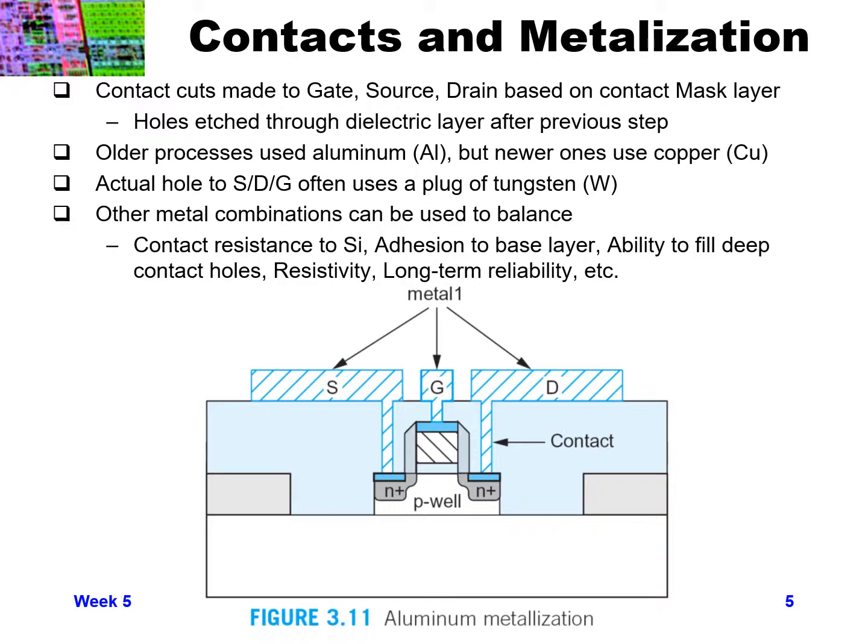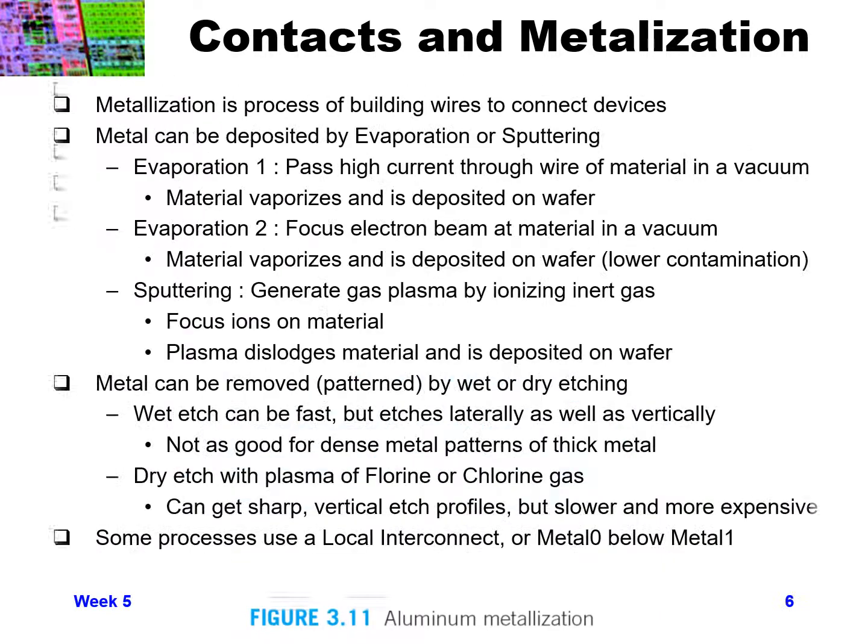And I'll go into a little bit more on the contacts and metallization in the next slide. So after your transistors are formed, pretty much all of your remaining steps are related to contacts and metallization. And metallization is the process of building all the wires needed to connect your devices together. Now, building the wires, the metal itself can be deposited in a number of different ways. Three of the main ways